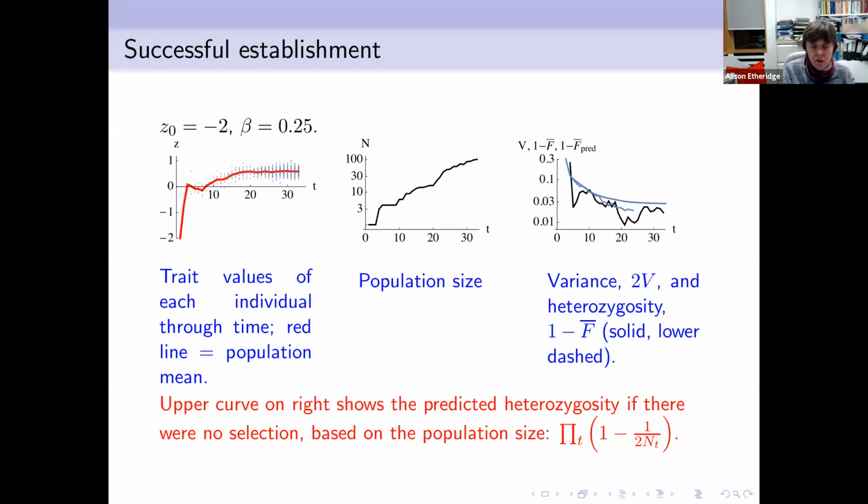And the reason that the true value of heterozygosity sits below it is that the pedigree is distorted by selection. It's not just going to be random mating. We are choosing parents in a way that reflects their trait value, and that will distort the pedigree that we see. Okay, but the message is the variance drops precipitously because the first generation,